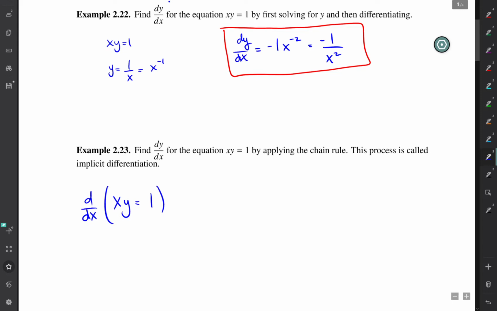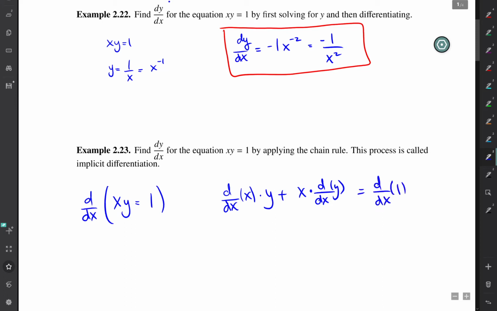the derivative of x times y. Well, that's going to require the product rule. So that's going to be d/dx, that's the derivative of the first, times the second, plus, and now you're going to take the first times the derivative of the second, which is x times dy/dx. And then I'm going to take the derivative of 1, but the derivative of 1 is